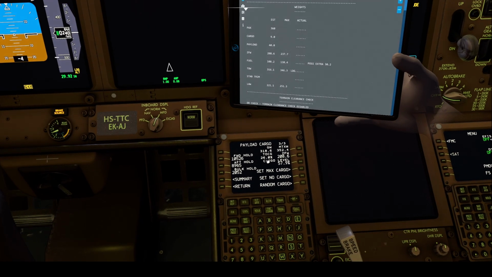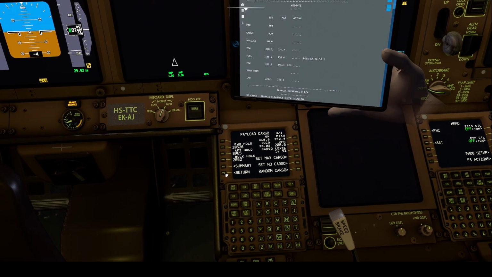Yeah, the cargo is a little bit high, but like I said, doesn't matter. Let's get going,